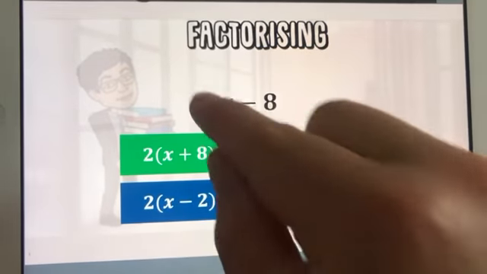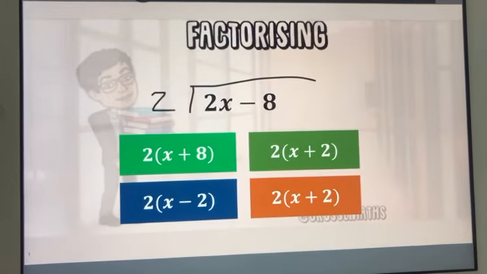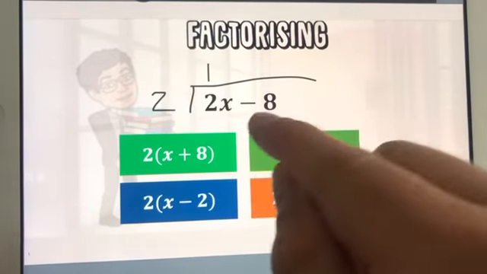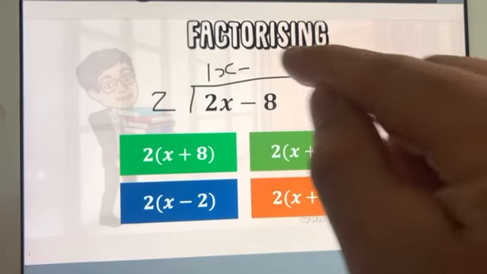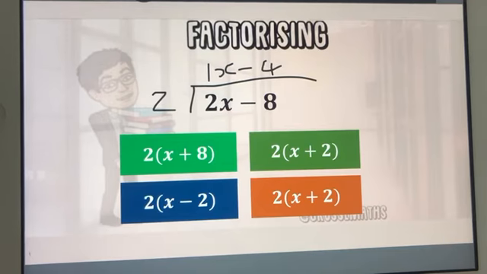Right then, so again, set your bus stop up. 2 I can take on the outside because it's the biggest thing that goes into 2 and 8. 2 divided by 2 is 1. X goes up top. Minus goes in the middle. 8 divided by 2 is 4. So with 2 on the outside and x take away 4 on the inside, my answer